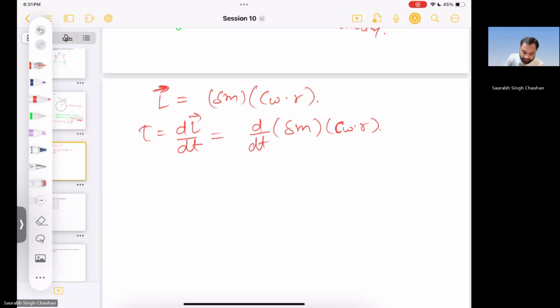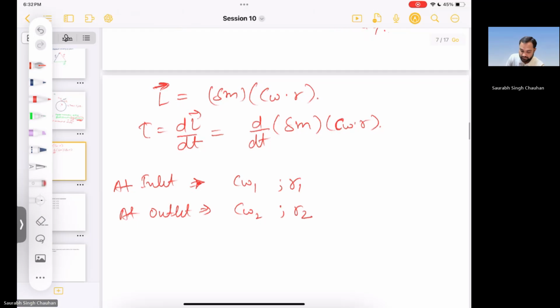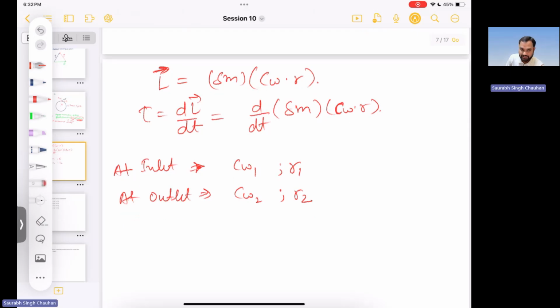Now let us say the mass flow rate is constant. At point 1, or at inlet, the whirl velocity component was CW1 and the radius was R1. At outlet, the whirl velocity component is CW2 and the radius is R2. And delta M is constant. So in that case the torque will be given by